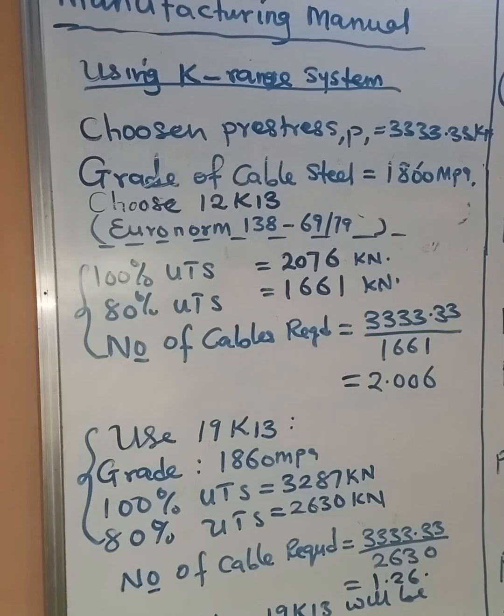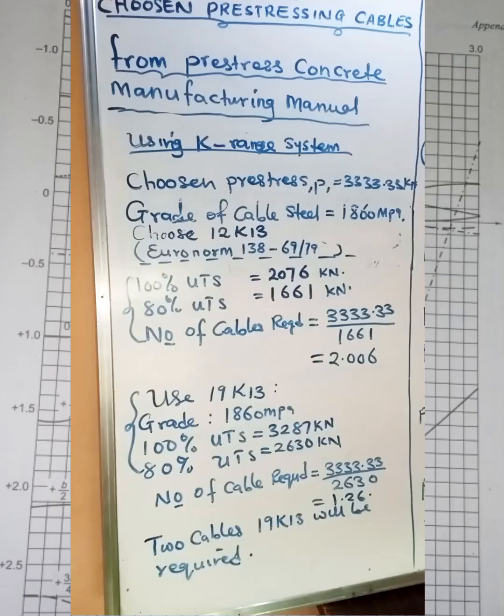If we look at using the European norm, 138 to 169/79, you will see that for a pre-stressing cable of 12 strands, cable diameter